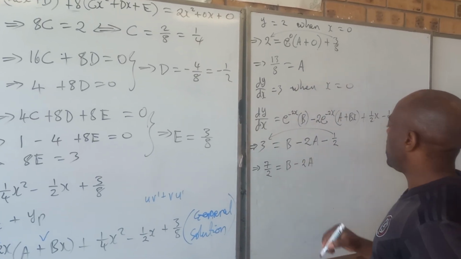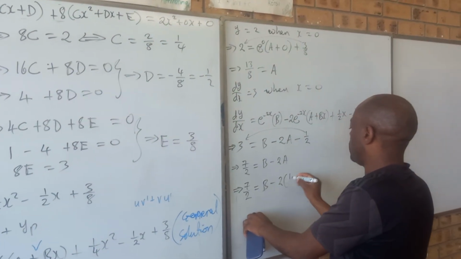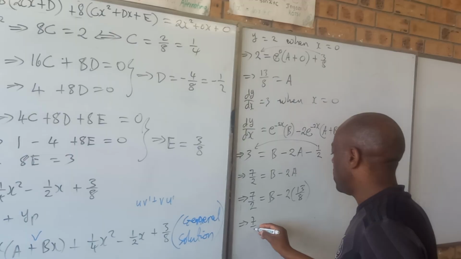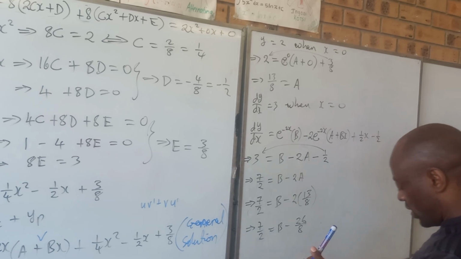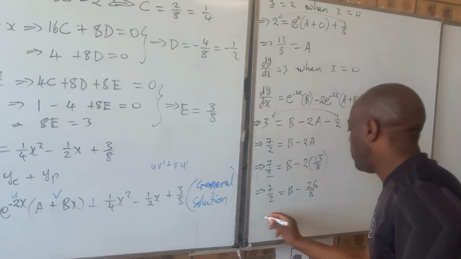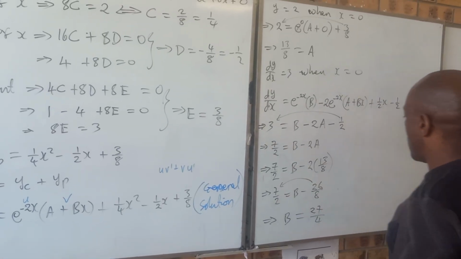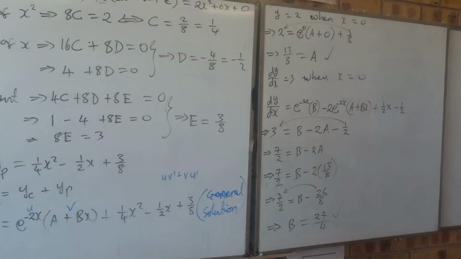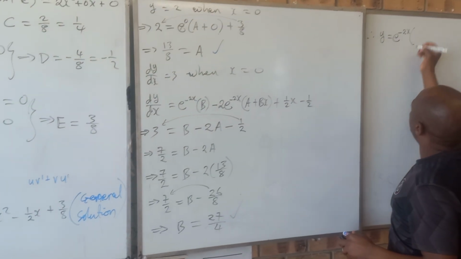But we already know what A is to be, 13 over 8. So if we bring down A, we get B minus 2 into 13 over 8. So 13 over 8 will now become 26 over 8, which will add to 7 over 2. So it's 7 over 2 plus 26 over 8. That should give us B as 27 over 4. So this one is crossing there to add up to 7 over 2. So now we know our A and we know our B. We can now write down our particular solution by copying the general solution y equal to e to the power negative 2x. Bracket we make A, our A